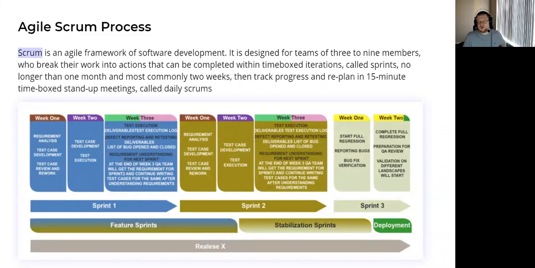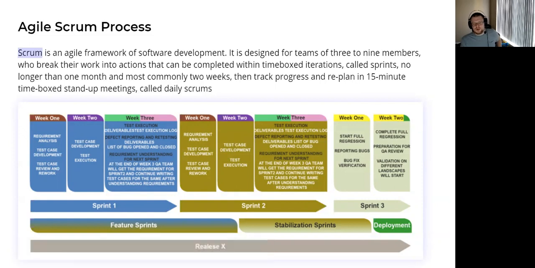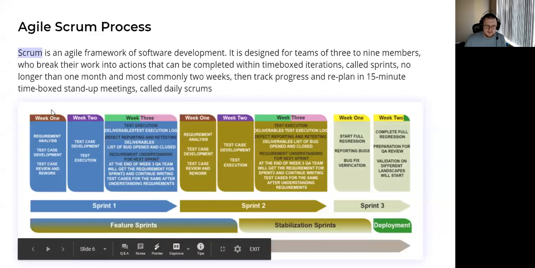Okay, so over here you see iteration of, well, you see actual sprint 1, sprint 2, sprint 3, you see feature sprints, stabilization sprint, and finally deployment, which probably is also a release. So that means that multiple features worked in different sprints, and there's some stabilization sprints. So it's all kind of jammed and mixed up, but the core point here, they have week 1 where, for